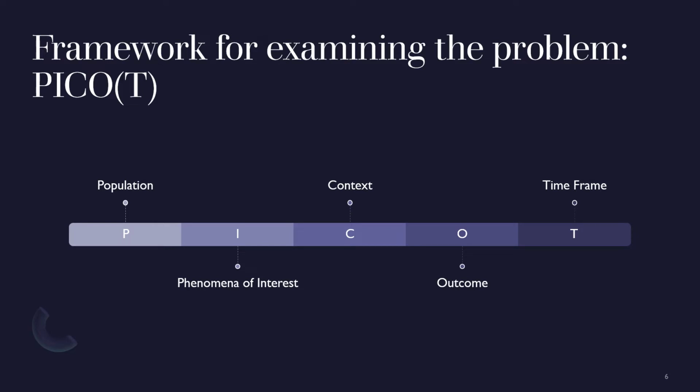They use this acronym: the population, and then examining the phenomena of interest, looking at the context, examining what outcomes may be, and then finally, is there a time frame in which to consider the issue? So just to dive into the PICO methodology a little bit more,